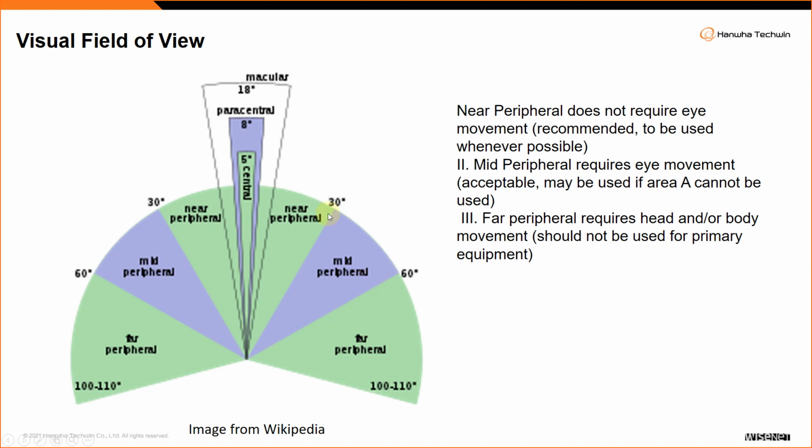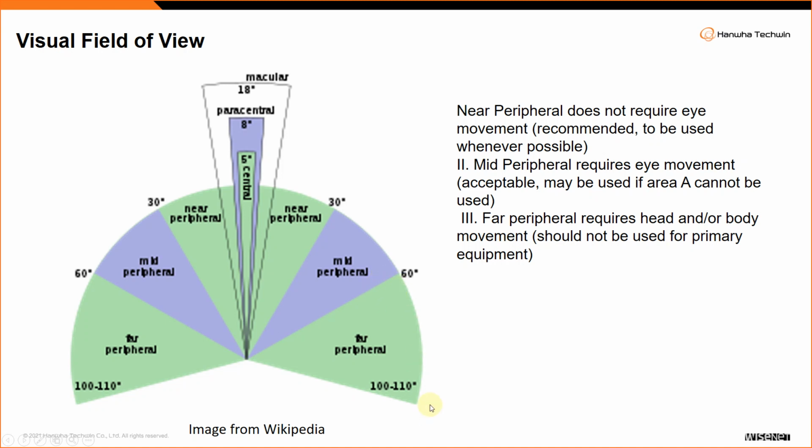Then for the operator, there is a vision, right? Just like you, when you look in front of your screen, that's your main area. It's called peripheral vision, near peripheral. In near peripheral is where you can quickly identify any incident. If it is at the side, it's called mid peripheral. It will require you to slightly move your eyes to see if something happened. In far peripheral, you have to move your head to see if something has happened.